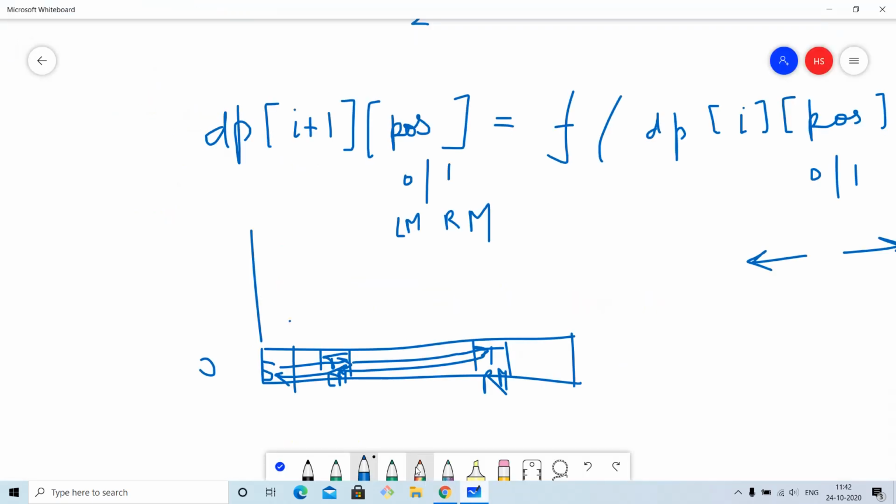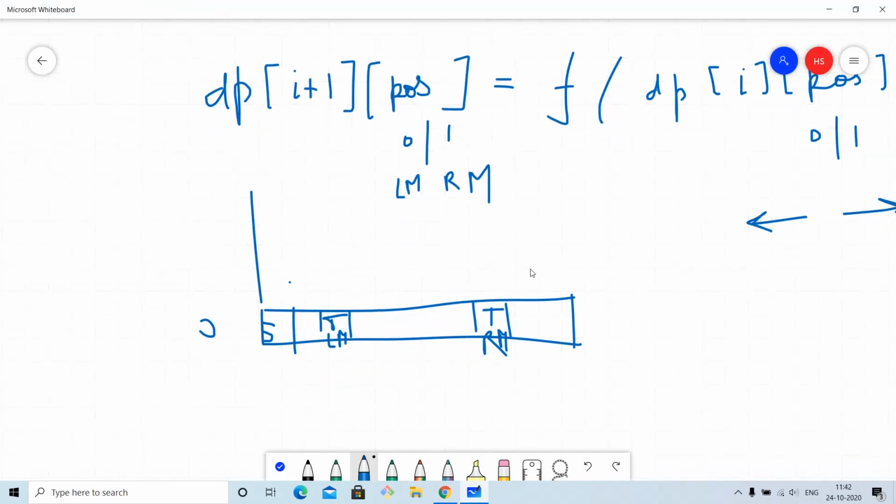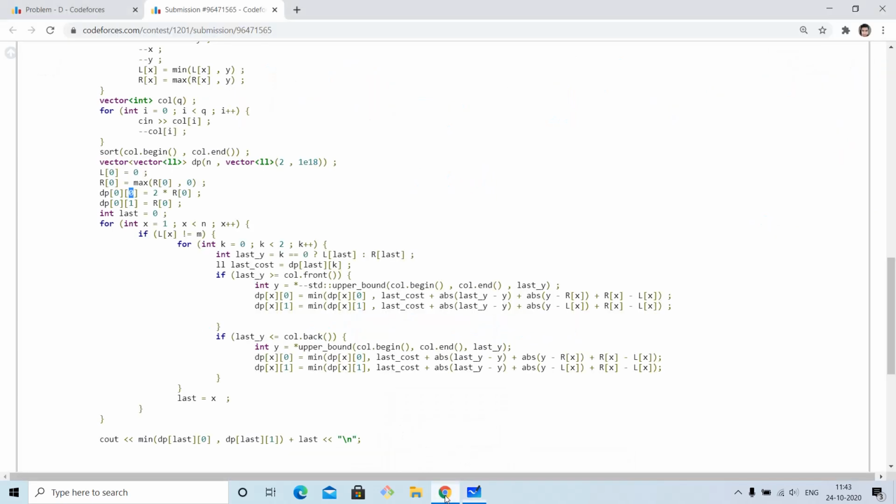Why is it so? Because if we are ending at the leftmost position, then we have to go up to the right, and then we also have to come back to this position. So it will be r plus r, that is 2r. And if we are ending at r, then it will be only r. So for sweeping the zeroth row, if we are ending at the leftmost position, which is the source, that will take us 2 times the rightmost position. And if we are ending at the rightmost treasure, then the cost for sweeping the zeroth row will be only the rightmost position.